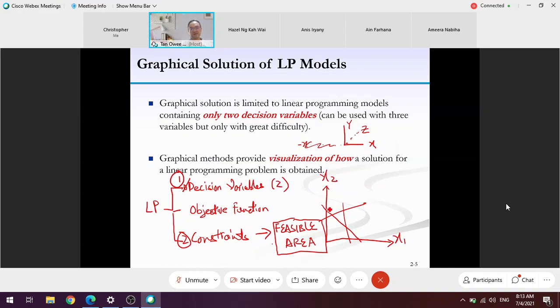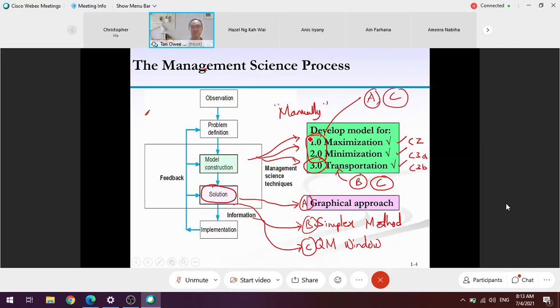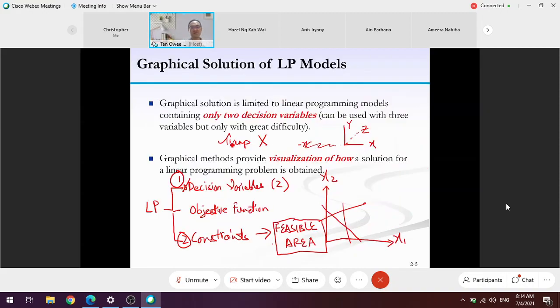and y. Langkah kedua, plot the constraint with the purpose of identifying a feasible area. Before that, remember in the previous slide I said that transportation cannot use the graphical method. Why? Because a transportation problem definitely has more than 2 variables. Transportation problem, we're not going to do graphical methods, because transportation problem, remember, Xij, is definitely more than 2. So tak boleh. So langkah kedua, constraint plot.